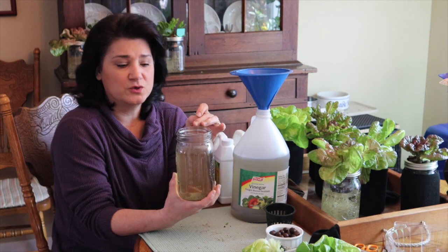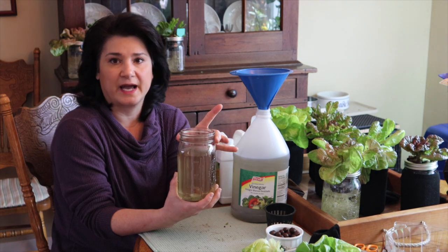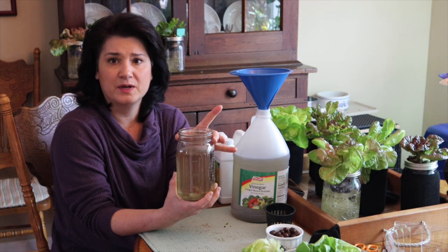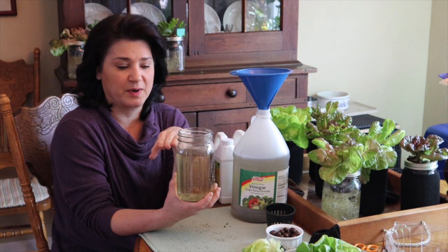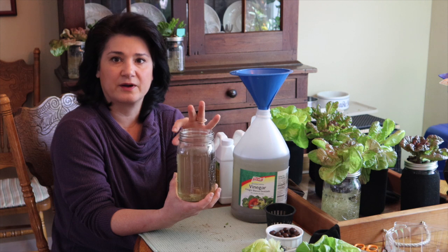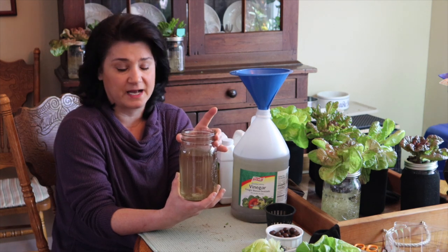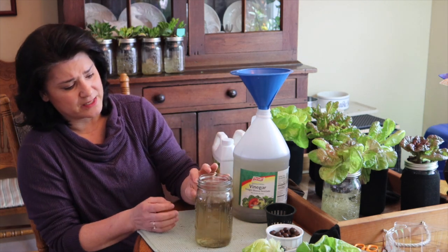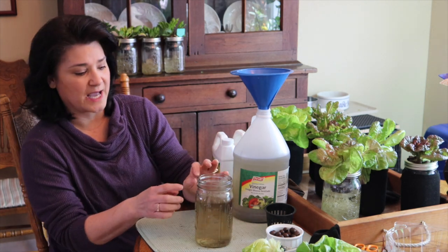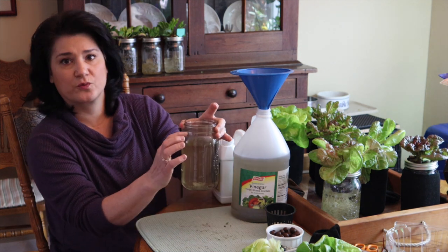But to get air to the roots, you have to leave an air gap in between the top of the plug and the bottom of the plug. There has to be an air gap because the roots have to be able to get access to air. So I left about an inch gap between the water line and the first rim